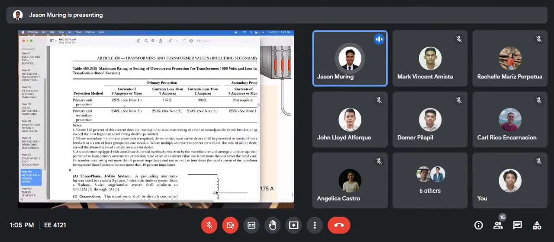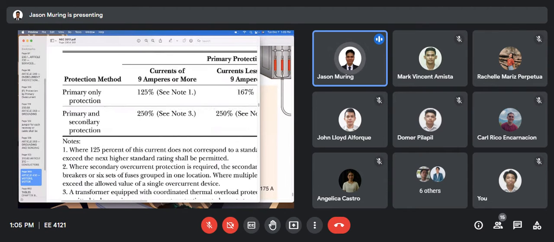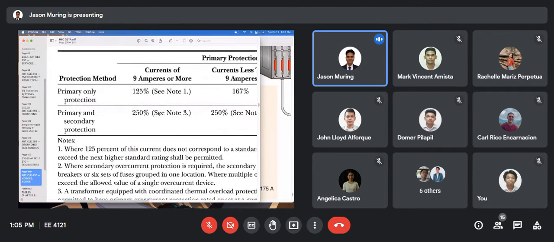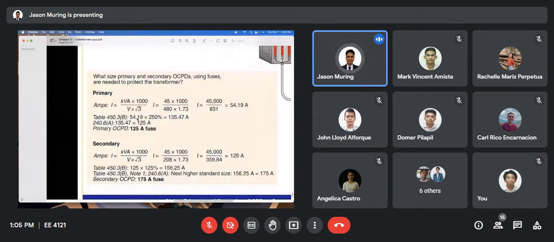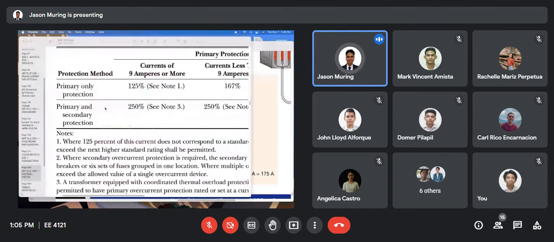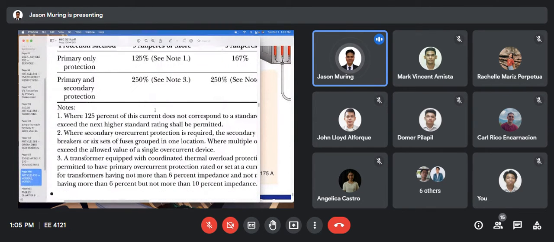So over 9 amperes, and since we have both protections now, primary and secondary, we use this rating multiplier. So 50%. So here we have 54 times 250, so we have 135. And if you look again, we have here this note. So we go to this note,